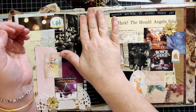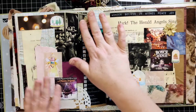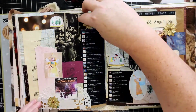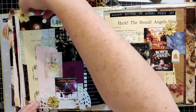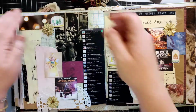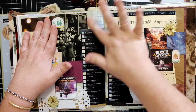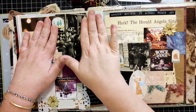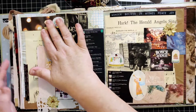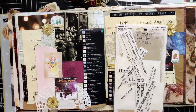Okay, probably should not have put that right there in the spine like that, but yeah, actually I don't think I want that there. Let's put it here. I'll put something else here instead. I'm thinking about when I close the book, if I put it there, it's gonna make the book super bulky, which I don't really want. So okay, well,